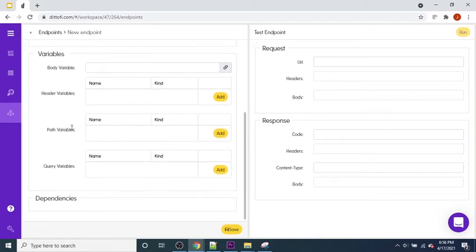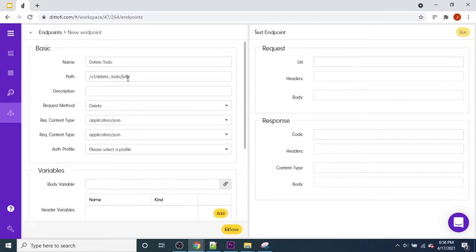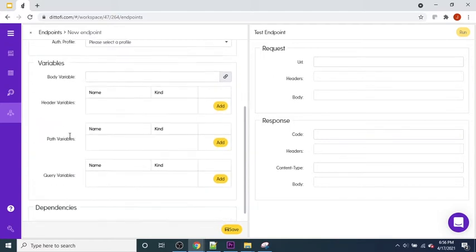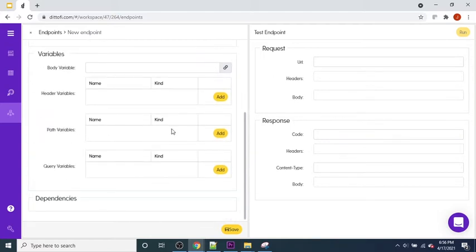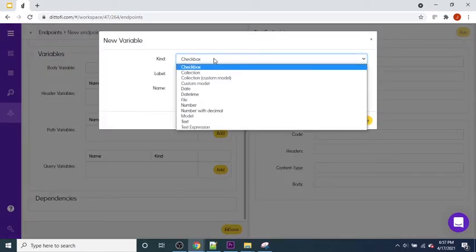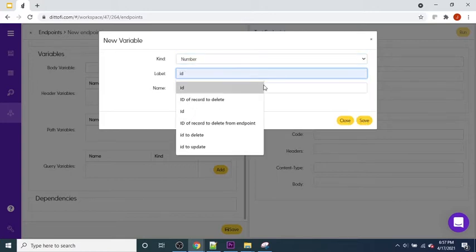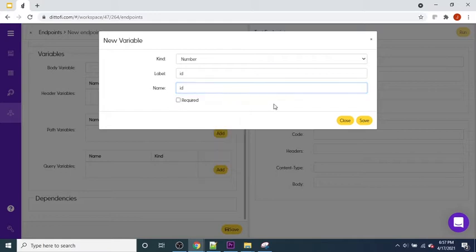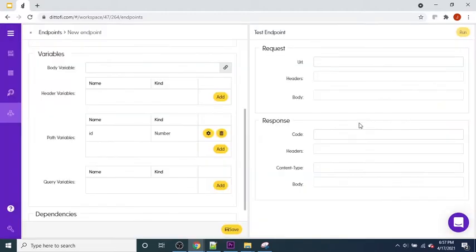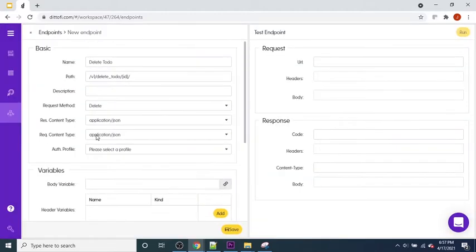And then if we scroll down, so where does this ID get set? It's what's called a path variable because it's set in the path of the endpoint. So here we need to press the add button. We are going to be sending the ID itself as a number, so we pick number here and we type in ID there, and it's important that this ID is required, and we press the save button, but also that the name of the ID here matches what's in our path up here as ID within the curly braces. So once we've done that, we're going to press save,